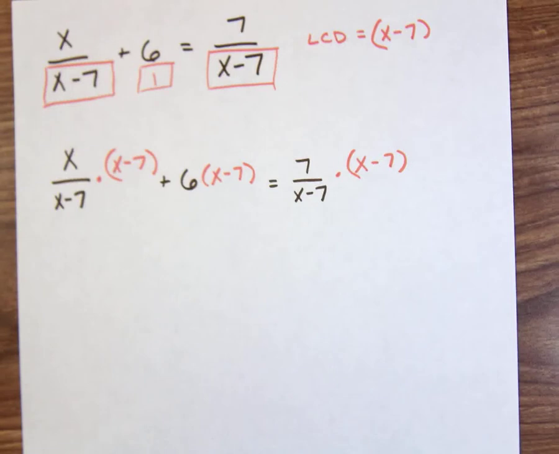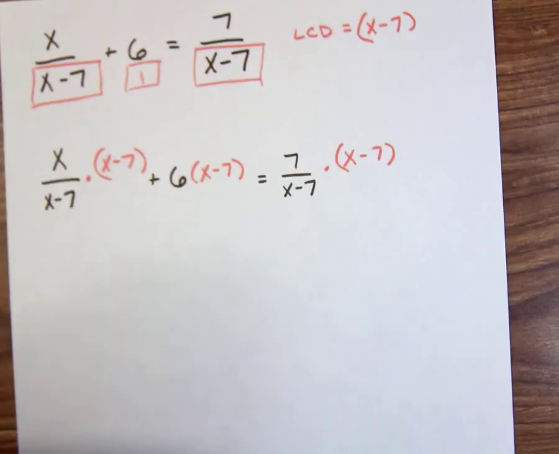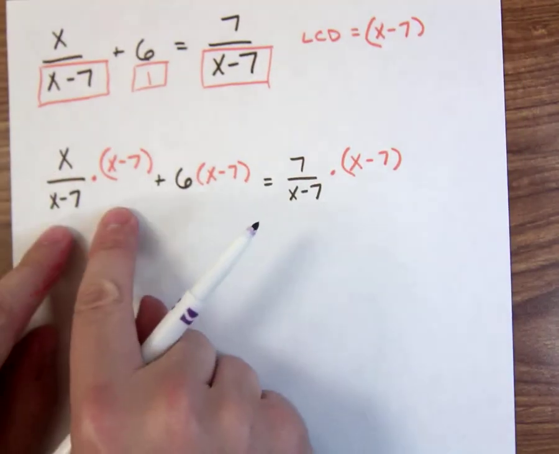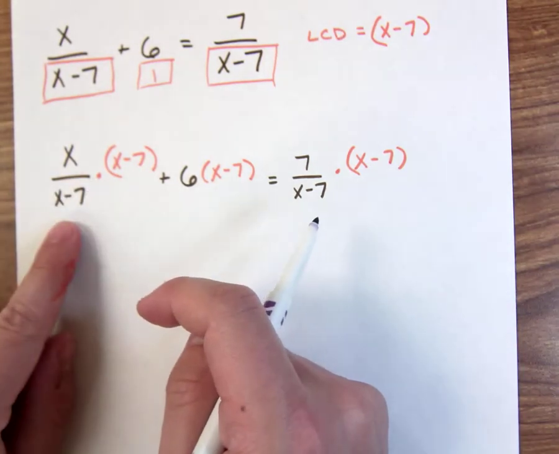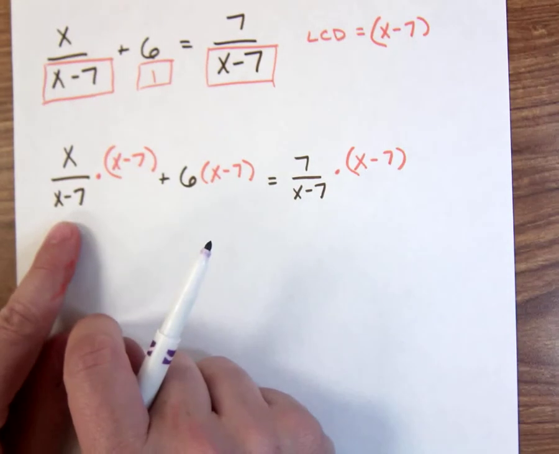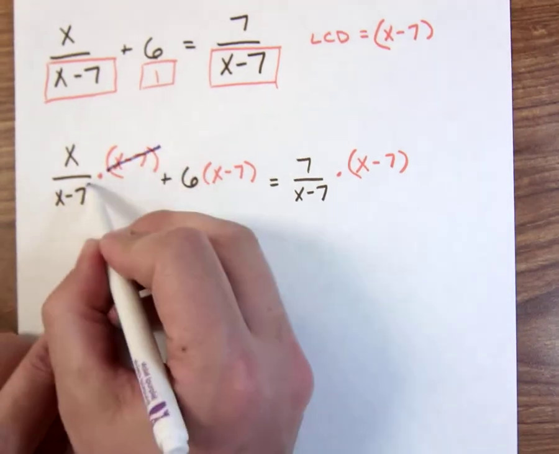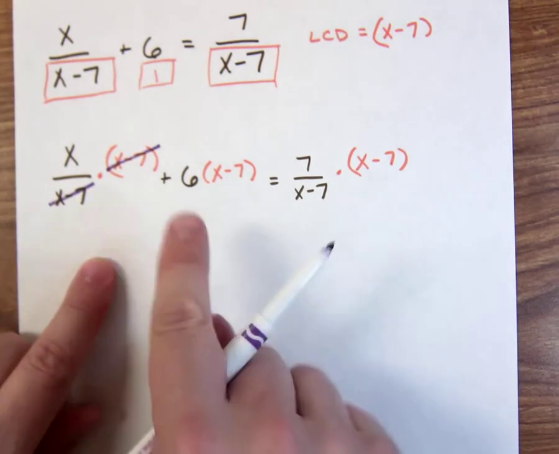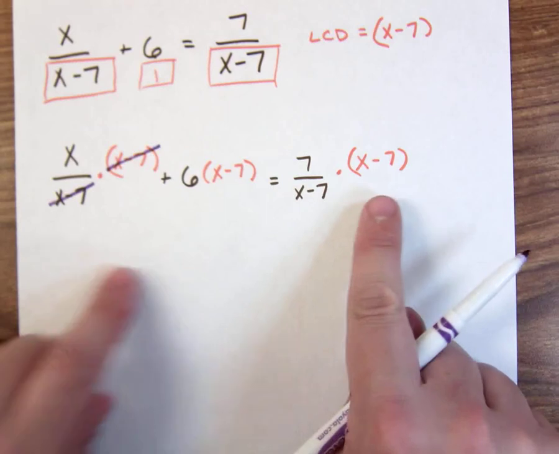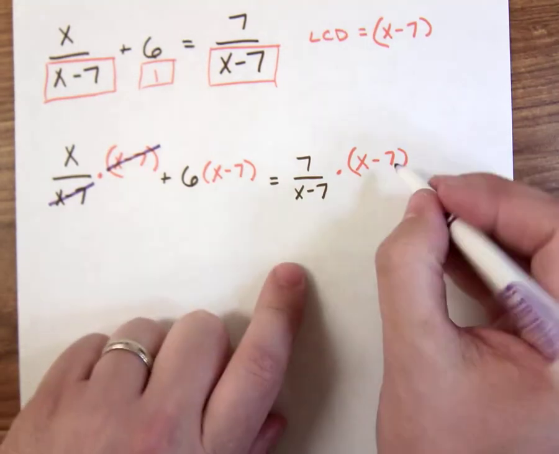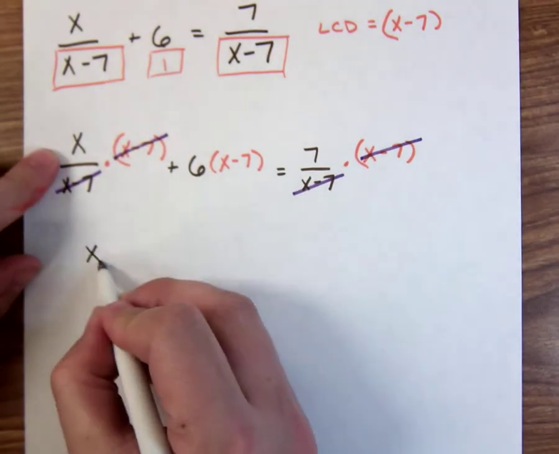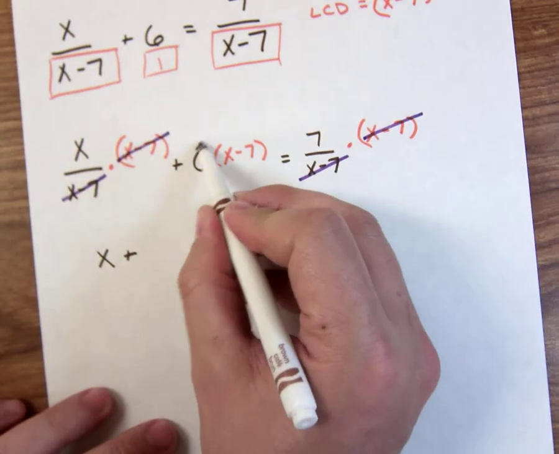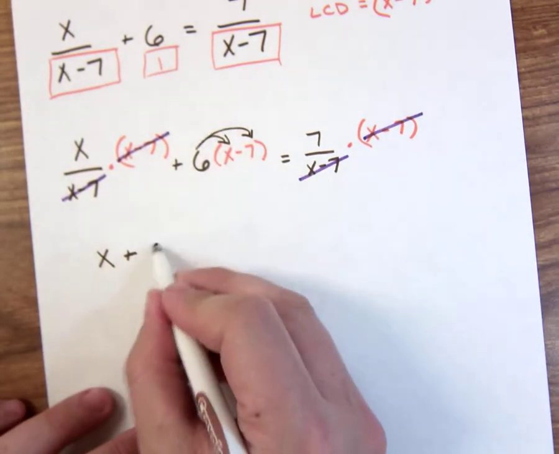Now I wonder if we've done enough of these where you can see how it cancels before we rewrite it. So take a look at this first one right here. I am going to end up with x minus 7 on the top, and on the bottom I'm going to have x minus 7. Can you see what will cancel? The x minus 7s are going to cancel when I put that together. Nothing's going to cancel here because the denominator is 1. Over here, what's going to cancel? The x minus 7s. Okay, so I'm left with x plus, let's go ahead and distribute this, 6x minus 42